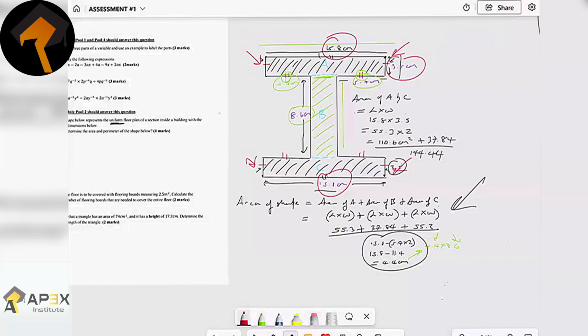Okay, here we go. So perimeter is therefore equal to 15.8 times 2 plus 3.5 times 4, because it's 4 of them. And then remember that we have 4 of 5.7 as well. 1 is here, 1 is there, 1 is right here, and 1 is right here. So that would be, again, plus 5.7